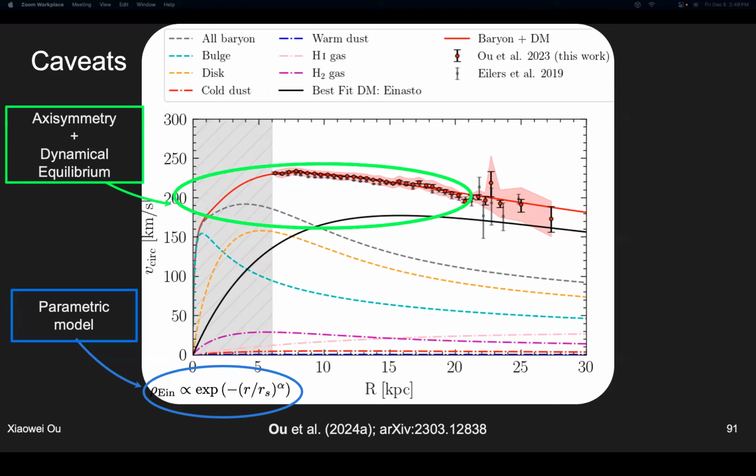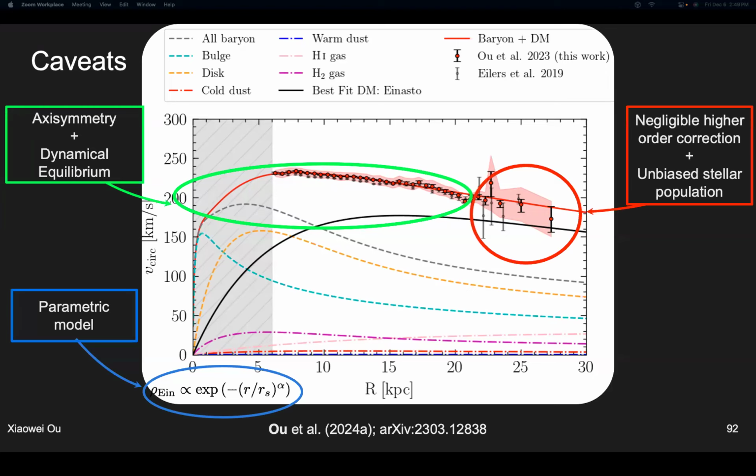But model aside, you may also ask the question, well, why was there a decline in the first place? Could there have been something wrong with the measurement itself? And indeed, there is a potential systematic in the measurement, namely that to calculate the rotation curve, we started off with the assumption that everything must be axisymmetric, and that there is dynamical equilibrium with the whole system. If there is indeed a merger, like the LMC actually impacting the inner galaxy, these two assumptions will fail. So